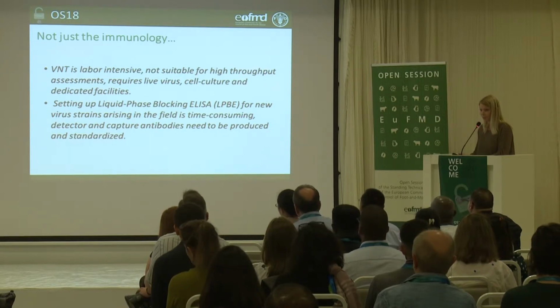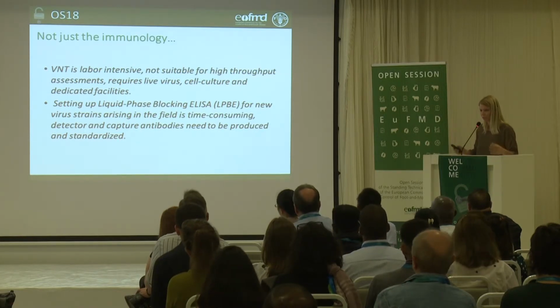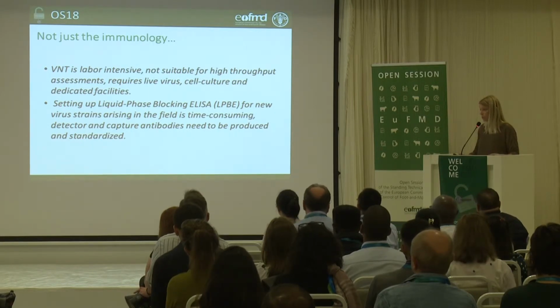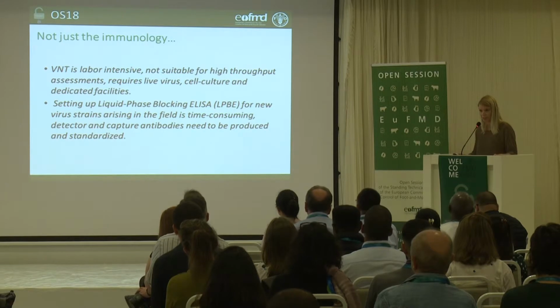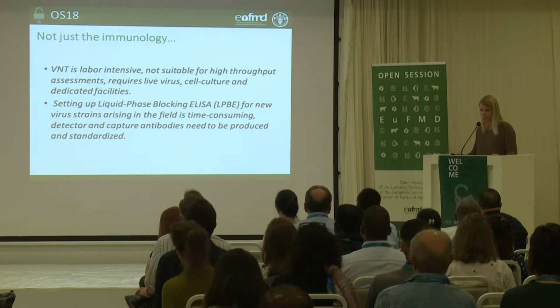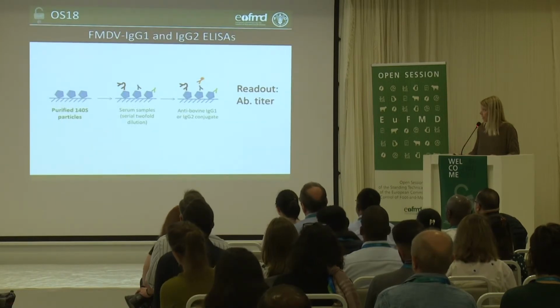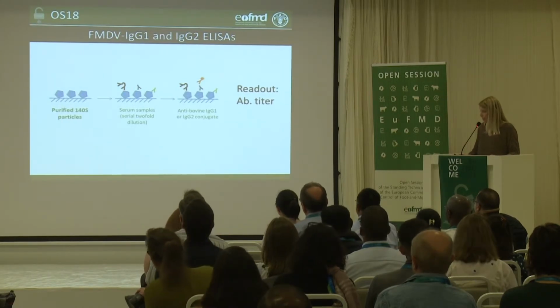And it's very difficult if you want to do high throughput assessments. It's very hard to work. You need facilities like virus, cell culture. Liquid phase blocking ELISA is easier, but you also need to set up the detecting antibodies and the capture antibodies, and then that takes time, it's difficult to standardize, and if you have a field sample, it's kind of a nightmare. So we decided to move to easier assays,